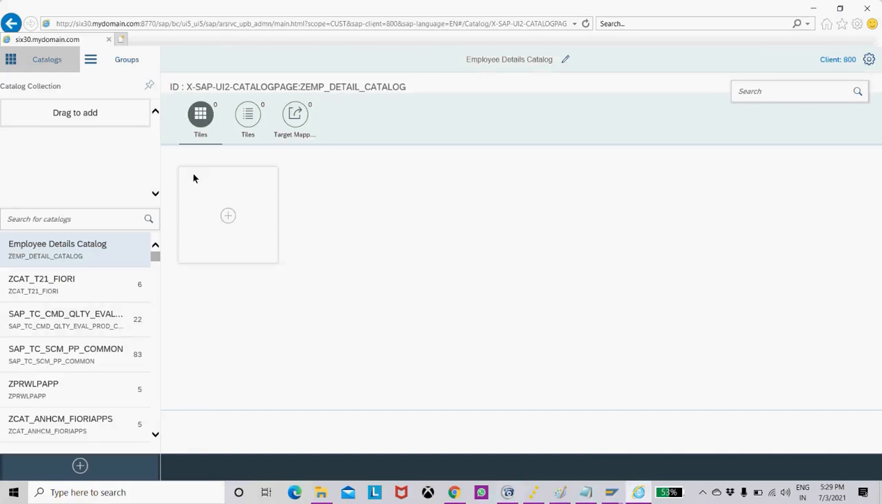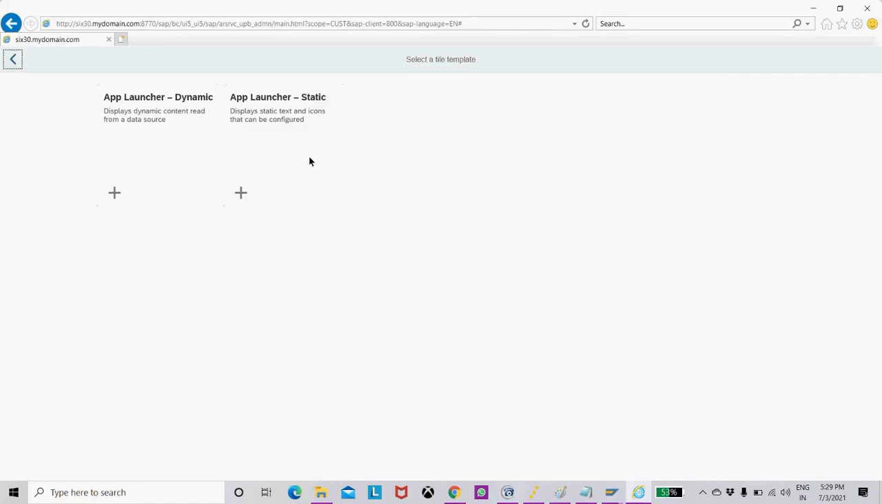So the next thing I have to do is create a tile for it. For creating the tile, under the tile section we have one plus icon. Click on this, add tile. Once you click on it, select the app launcher as dynamic or static. Why static? Because there are some apps on which the contents are displayed dynamically, right? Some numbers, or if you want to display charts. If you want to display dynamic content which is updated based on the business data,